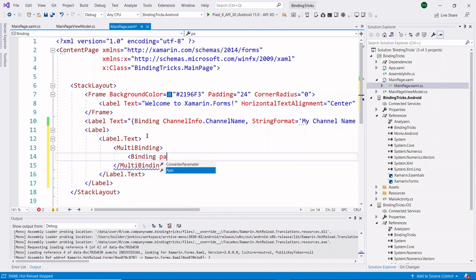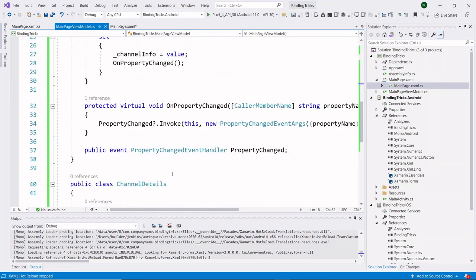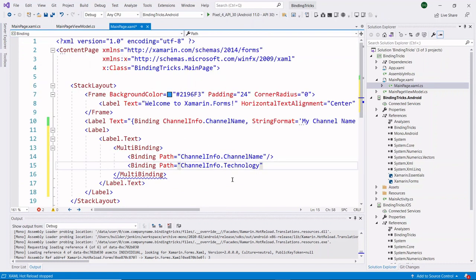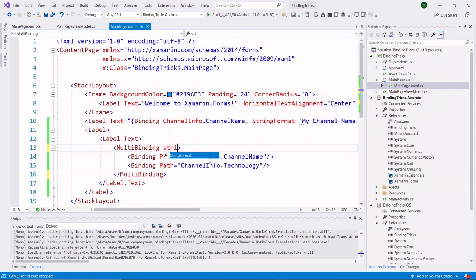Here I added Binding, and the path is ChannelInfo.ChannelName. The second tag is Binding with the path ChannelInfo.Technology. And in the MultiBinding tag, we need to add our string format.